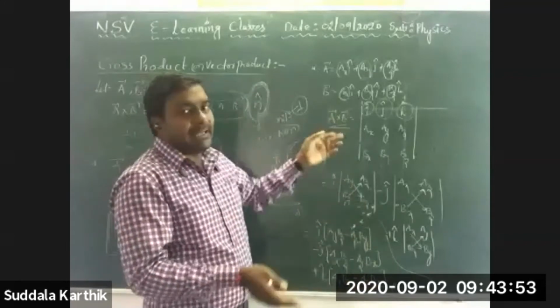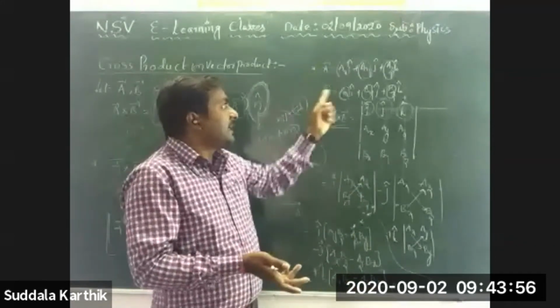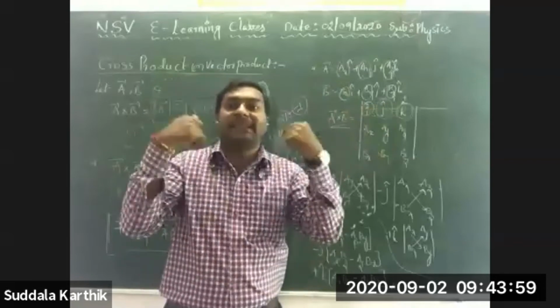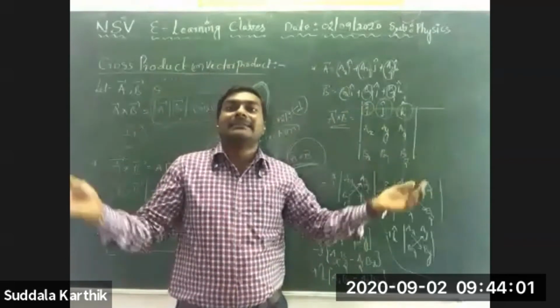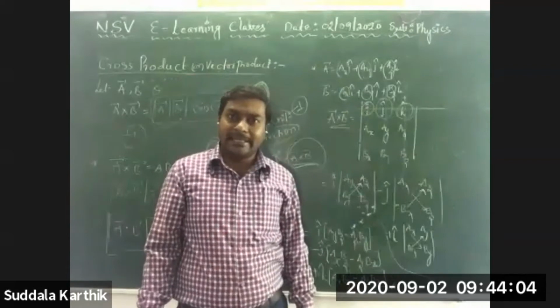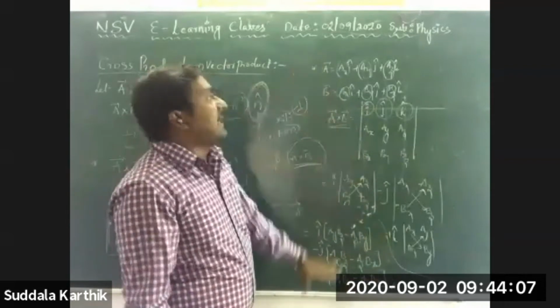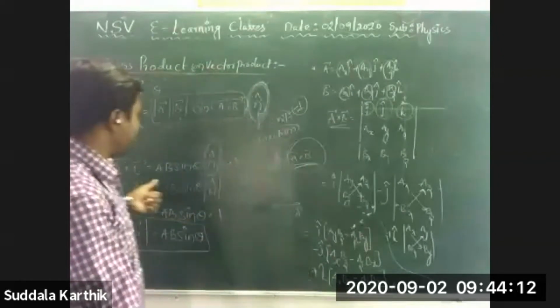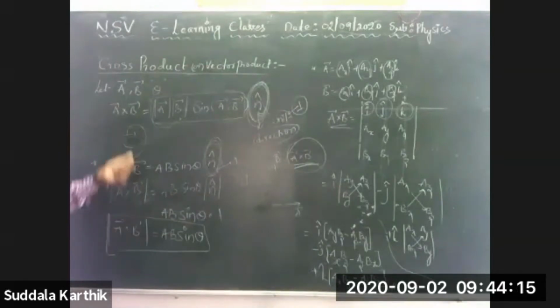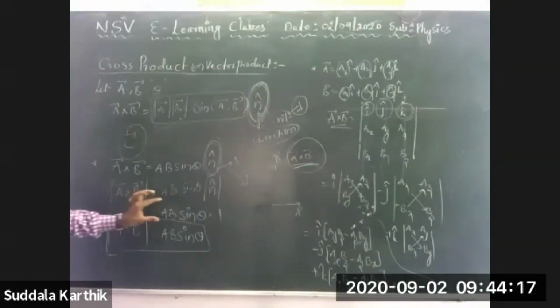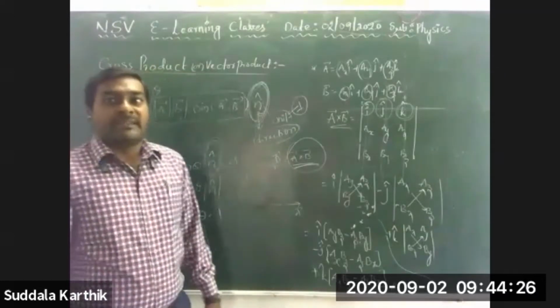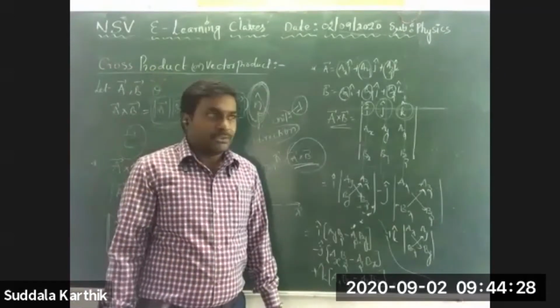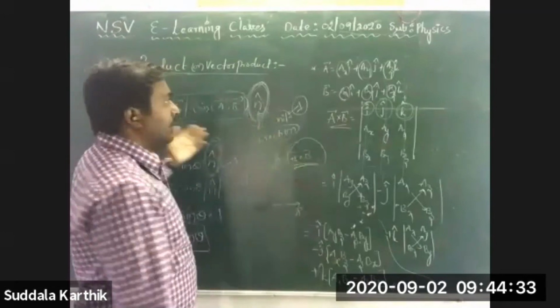By calculating the cross product of any two vectors in component form using this method, you will get the resultant vector directly, both magnitude and direction. But in the other method, you are not getting any direction, Nana. In that method, you are getting only magnitude. After that you have to find the direction. So the solving method of these things I want to discuss now.